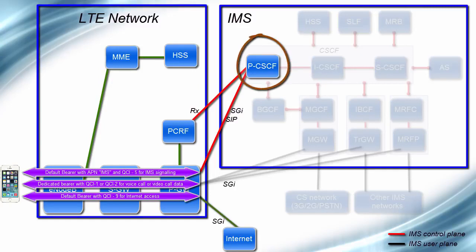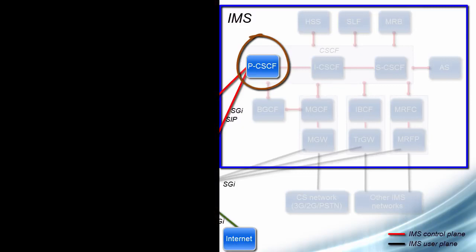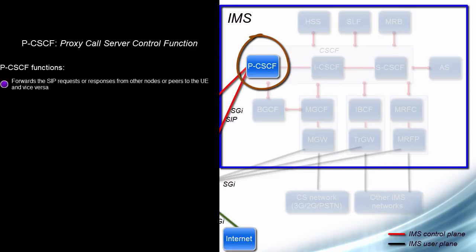The proxy CSCF is the first contact point on the IMS network for the UE. Here, proxy CSCF means proxy call session control function. The PCSCF behaves like a SIP proxy. It accepts requests from the UE and services them internally or forwards them on to other IMS nodes. The functions performed by the PCSCF are: forwards the SIP requests and responses from other nodes and peers to the UE